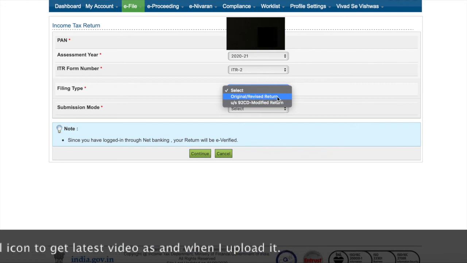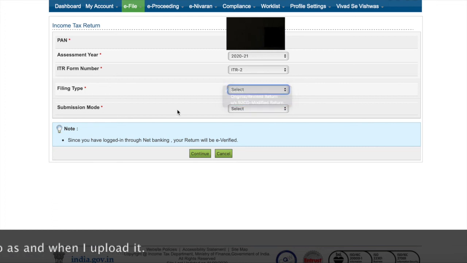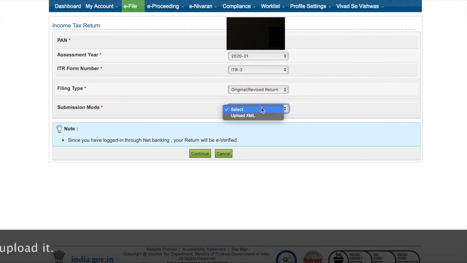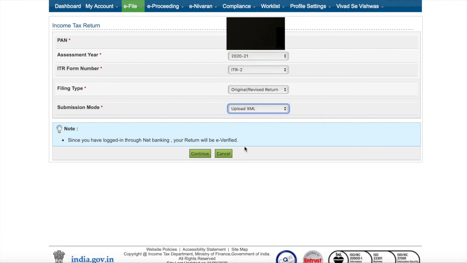In this case it's original, so you have to click original, click continue and complete the return. Once it is done, you have to do the e-verification. There will be steps mentioned on the site, and you can follow them and complete your ITR2 return filing.